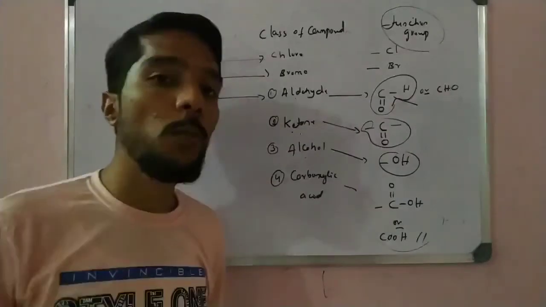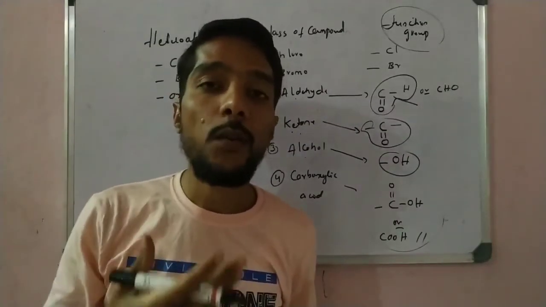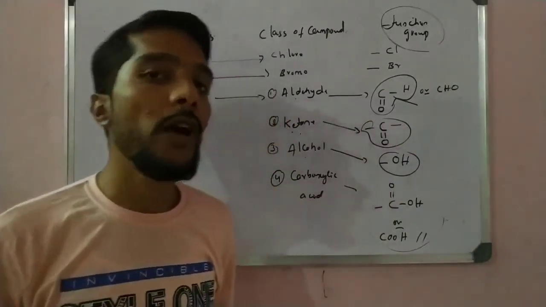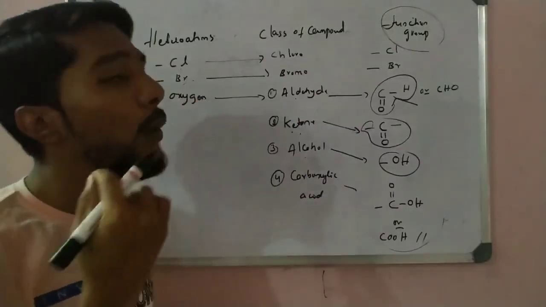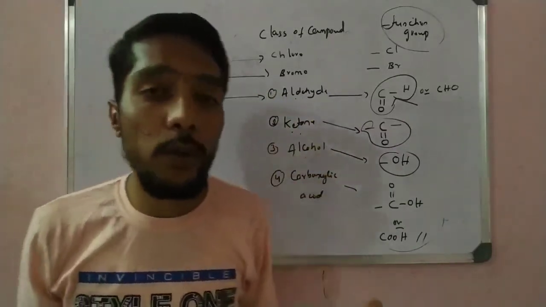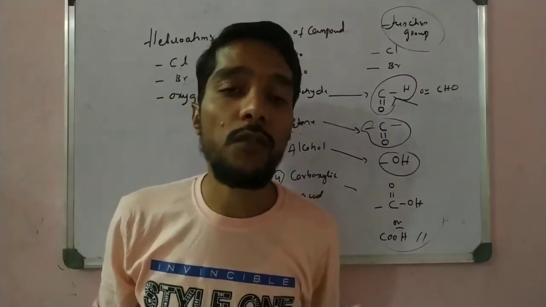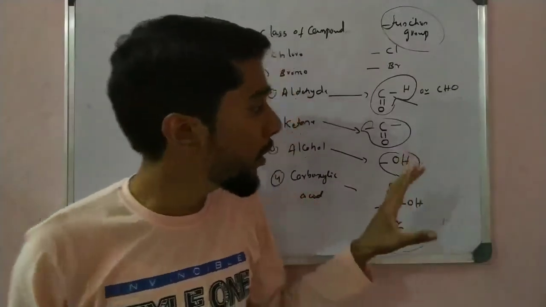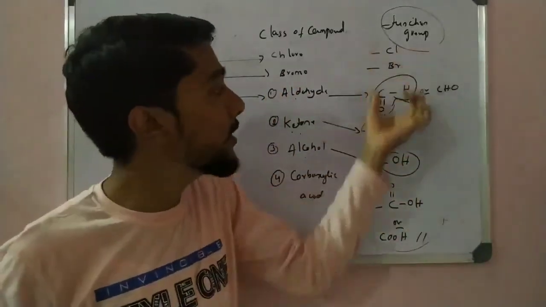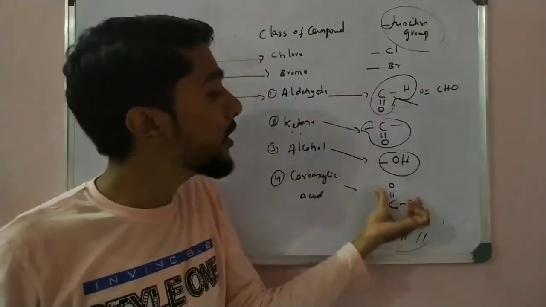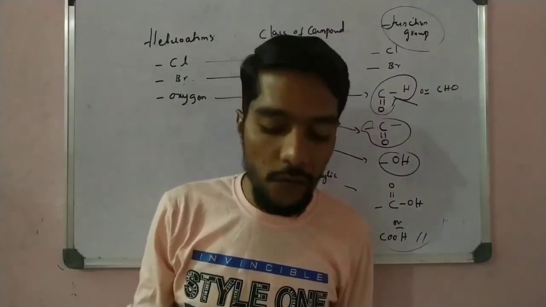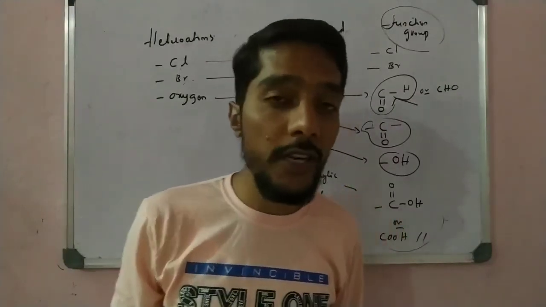Students, these are the very important points we learned in this video. One is the structural isomer definition and example. One is the electron dot structure of cyclohexane and benzene. And the third point, very important in examinations, is the heteroatoms and the functional group. Here we took only the diagram and table. In the next video we take the nomenclature of compounds, which is very important. If you understand and remember these functional groups, we can easily name the compounds. In the next video we take naming, but this video is enough for these three concepts.